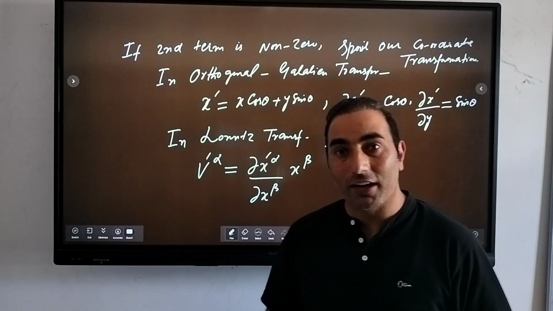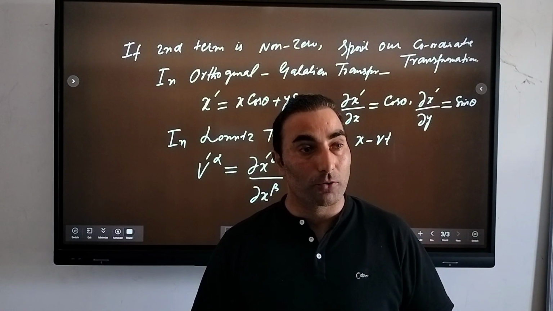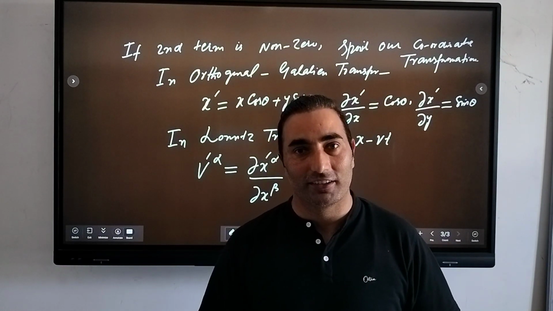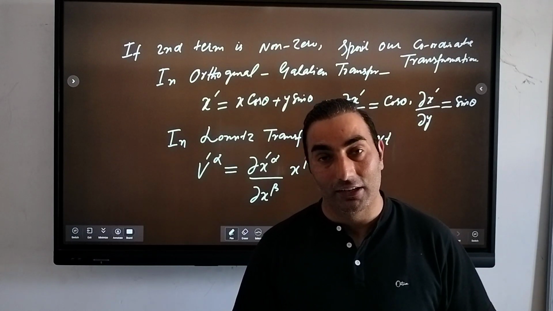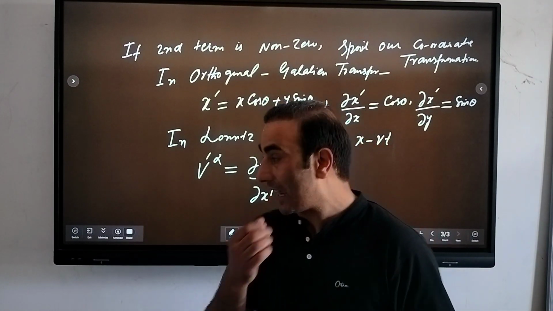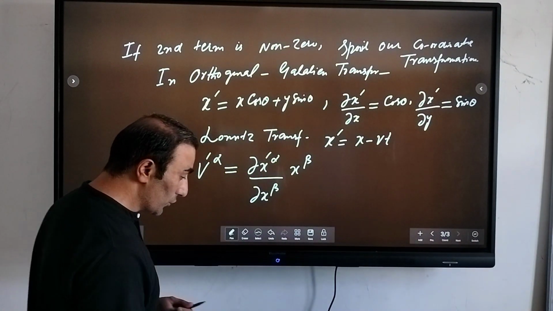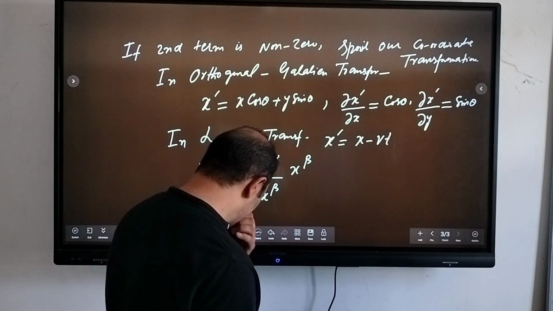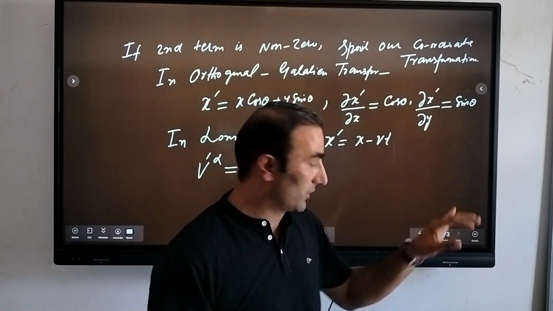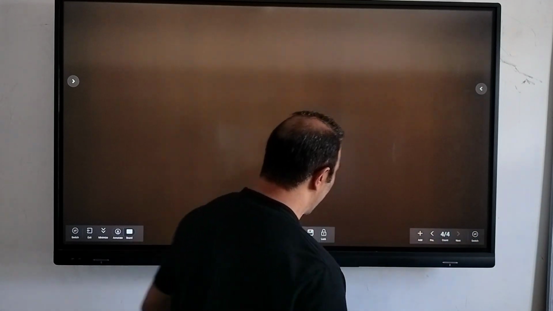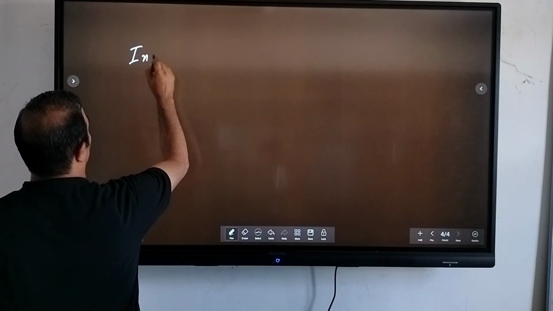But there is a problem. It poses a big problem when we talk about the general theory of relativity, or the pseudo-Riemannian geometry. In general relativity, the second term is non-zero. Now, in the special theory of relativity, if you talk about the space-time transformation, we can write